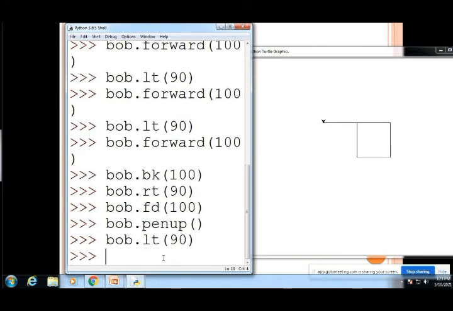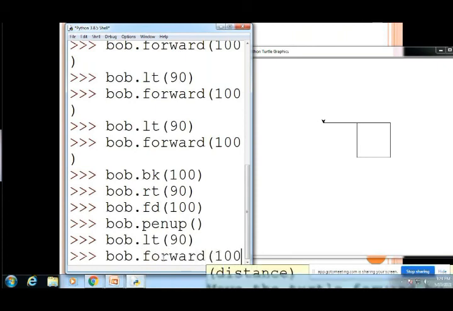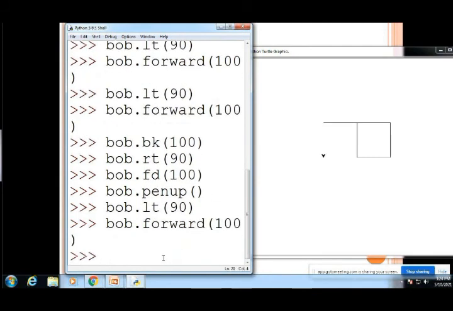Now we go forward 100 pixels downward, fd or forward 100. What will happen? It's not drawn. Why? The turtle's position is okay, but the pen is up. Pen up means it does not draw on the interface. So now we call bob dot pen down.